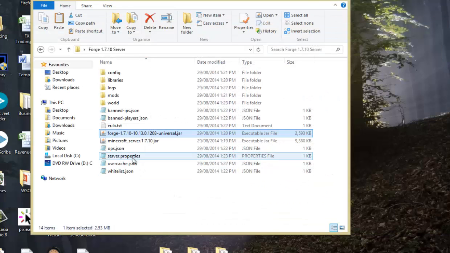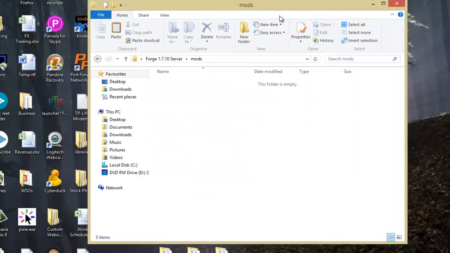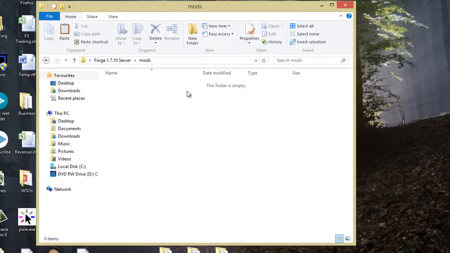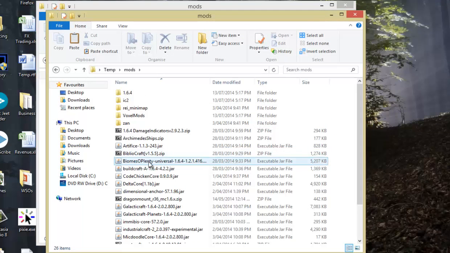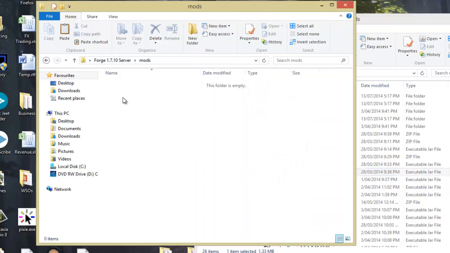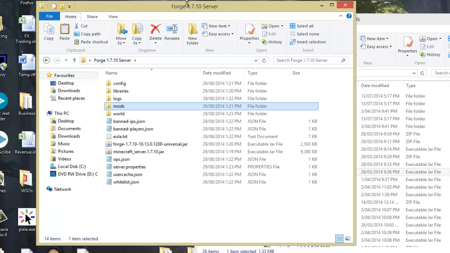Okay, so as you can see, there are lots of files that have been added here. We have the mods folder, and that is where you can copy and paste all of the mods that you have. So if there's a mod for 1.7.10, for instance, you can just copy the zip file and paste it into the mods folder. Make sure you have the corresponding mod in your client as well,